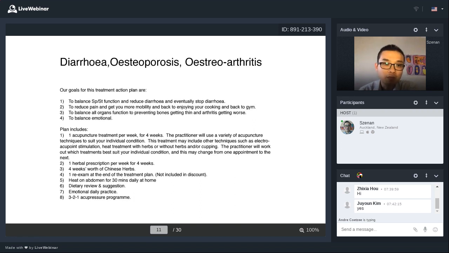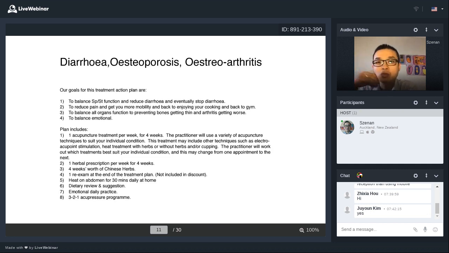To balance stomach and spleen function and reduce diarrhea and eventually stop diarrhea. So you want to let the patient know what this treatment actually aims for. Second, to reduce pain and give you more mobility and get back to enjoying your cooking and back to